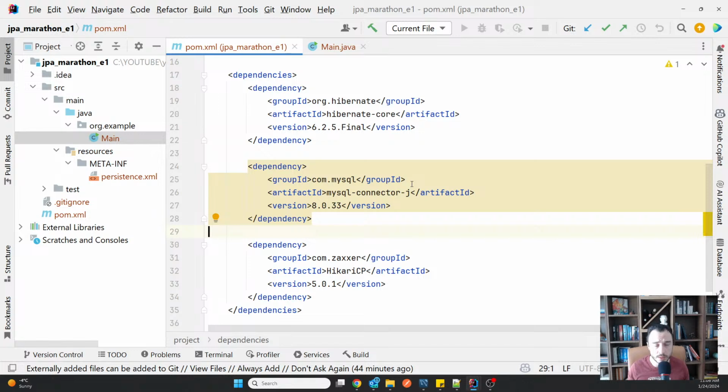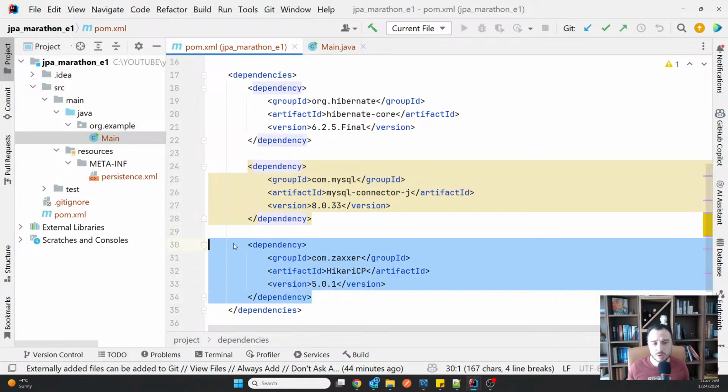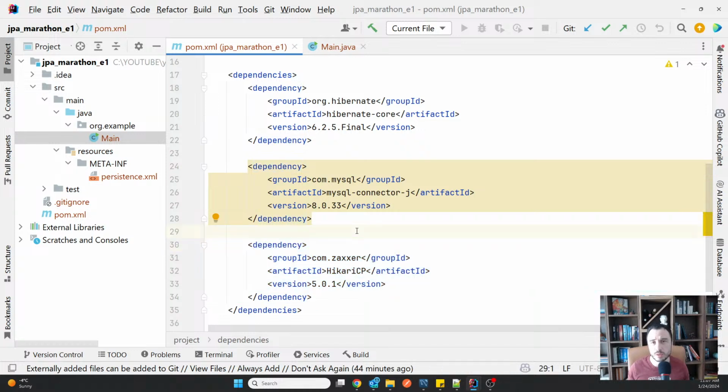depending on how powerful the vulnerability is. And then of course I will need to use a data source. A data source is an object managing connections.